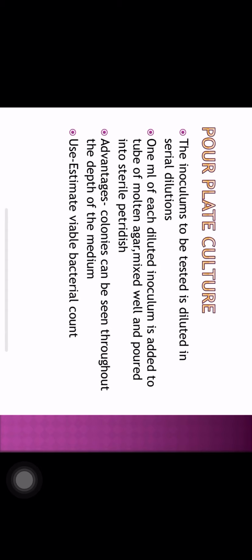But now the solid medium has been prepared with liquid mixed in it, the liquid containing the microbe. So when you incubate this petri dish for 24 hours in the incubator, then you will be able to see growth of bacteria all along the medium, on the surface, in between, at the bottom of the medium. So throughout the medium there will be bacteria grown, because we had mixed the liquid of the organism with the liquid of the medium. So this kind of method is known as pour plate method. This method is used for estimation of viable bacterial count.